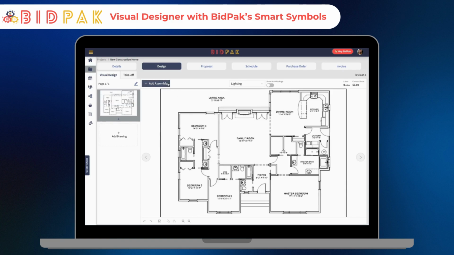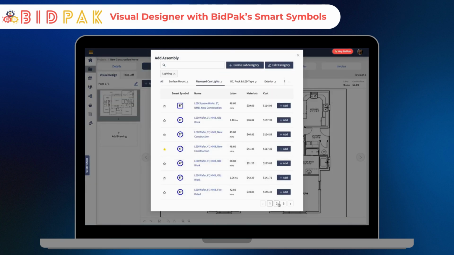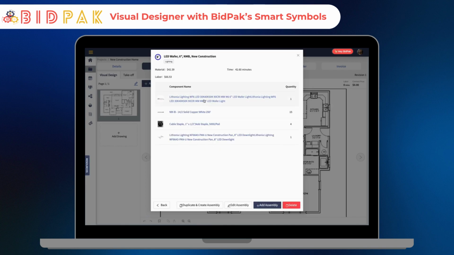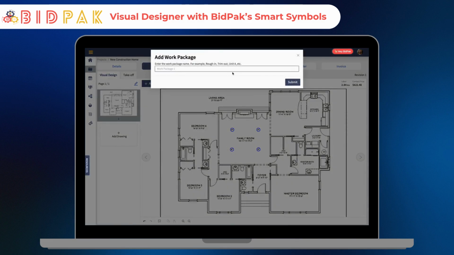We'll call this one lighting. Now you're going to see me go into the assembly catalog under the lighting category as I navigate to find the 6-inch wafer that I'm looking to add. Quickly drag and drop it to the position of your choice, and in the bottom left you can quickly copy it as well. Lay it out as you want, and then we can do the same thing even with the